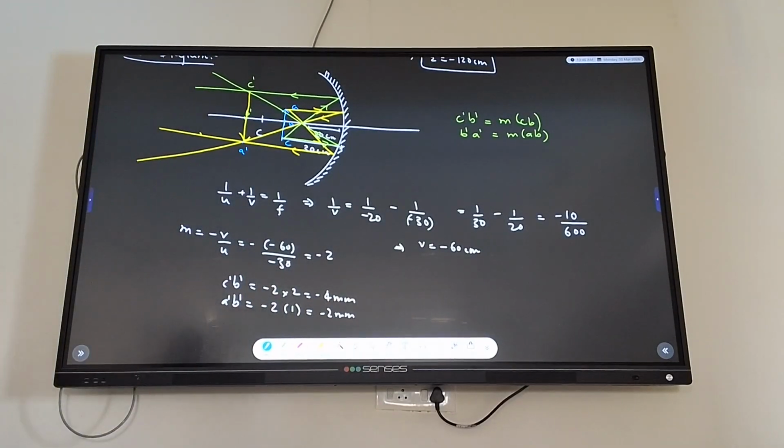People are struggling. U plus V. See, 1 by U plus 1 by V is U plus V by UV. 1 by V. Why did this come in the middle of the equation? Why is 1 by UV constant? Variable. 1 by F is constant. This whole term is constant. Try it; it will not be a straight line. Where is the square term? Incorrect.